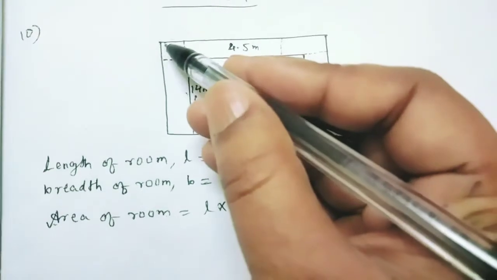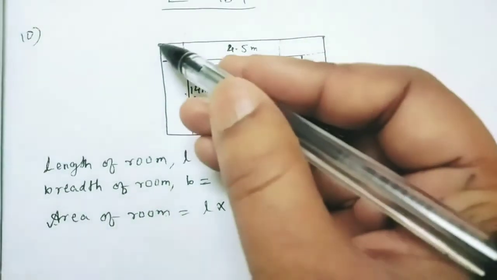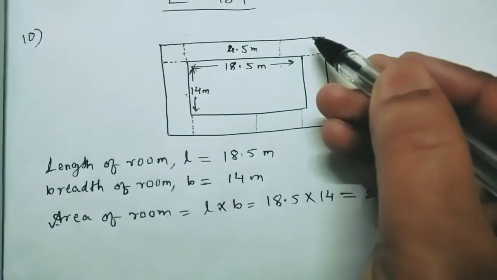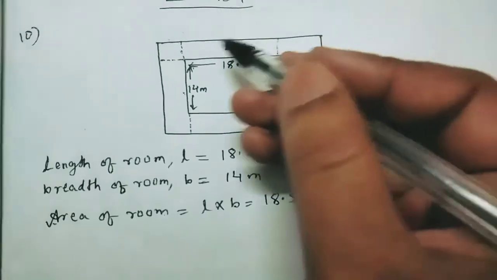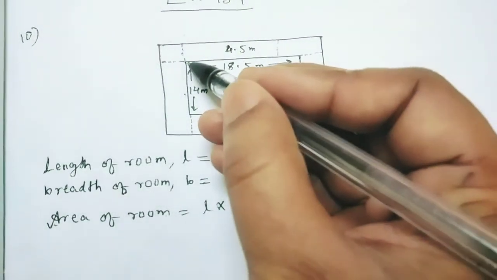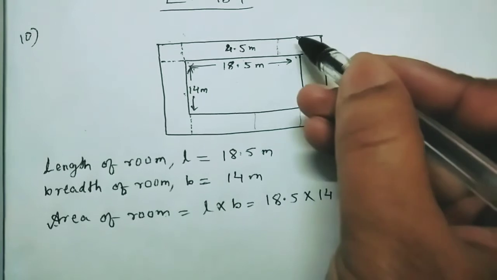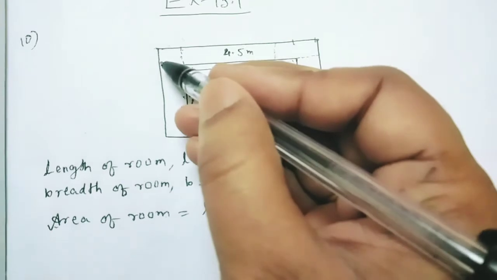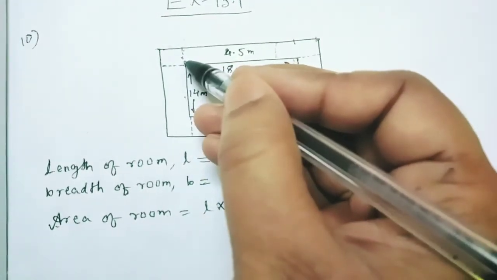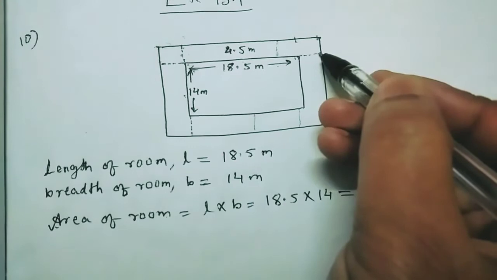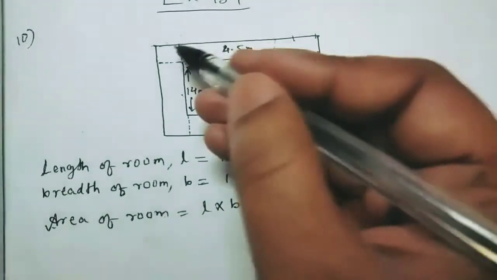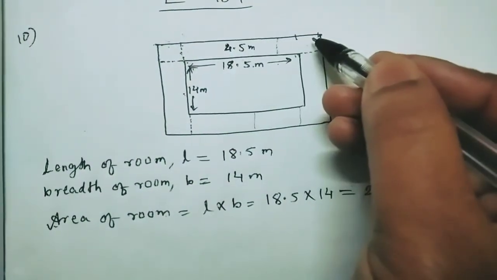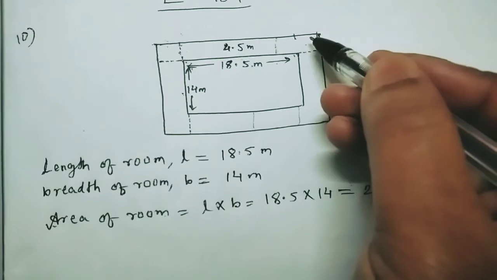So here, what is the length of this total and the breadth of this total figure? When you calculate the total new length, I will write new length. So new length is what? This much from here to here, it is 18.5, and here to here and here to here is 4.5, because the width of the veranda is 4.5 here and here also 4.5. That means 18.5 plus 4.5 plus 4.5. So this is the total length of the room plus veranda.